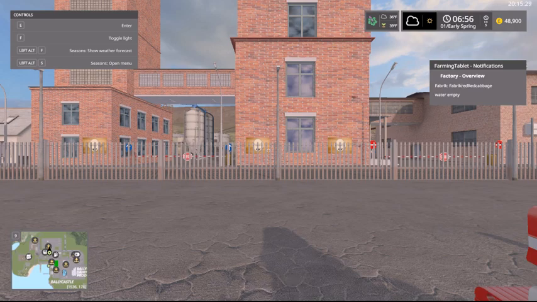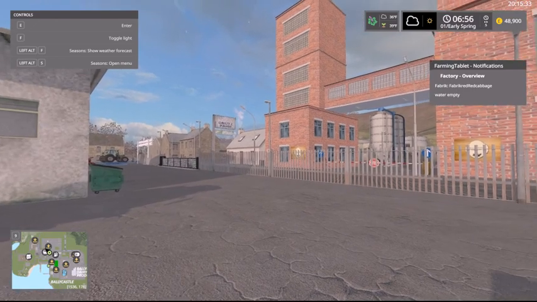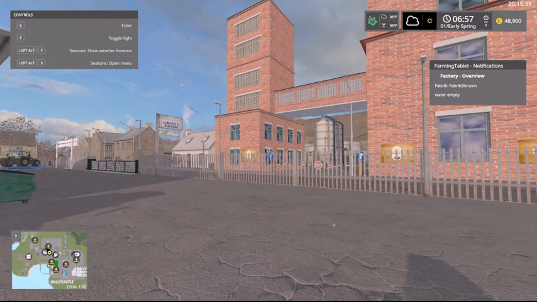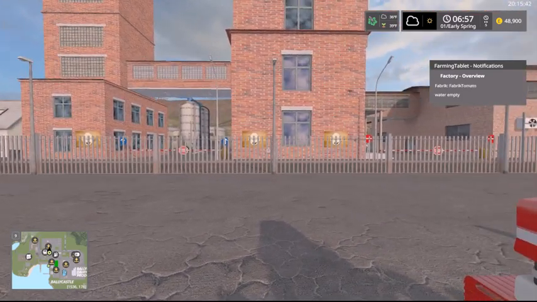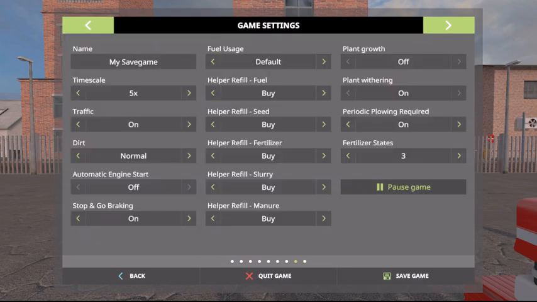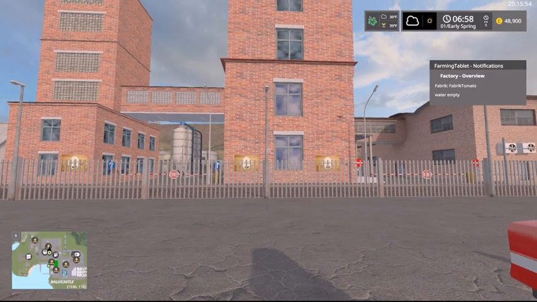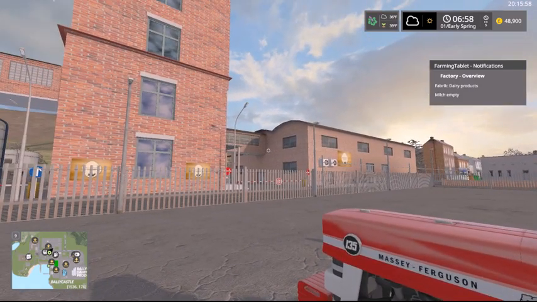Hello and welcome to what is a first look and a map tour of Rathlin Island. It's a map with a difference, as you will see as we start to go around the map. Just want to check that these volumes are down a bit because we don't want to be outblasted. That's that. So yes, you start with